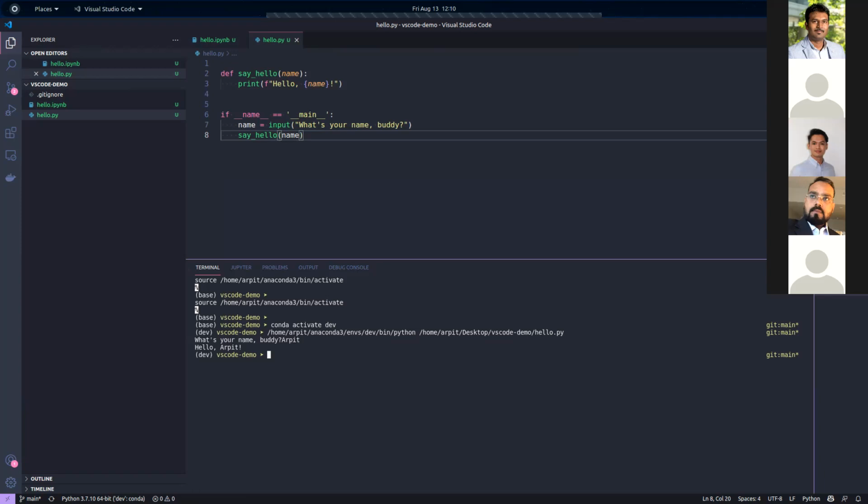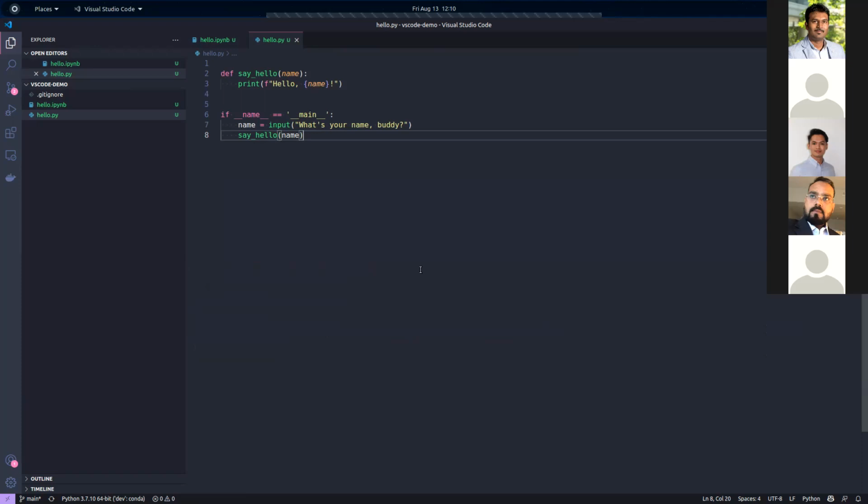Since I'm working with Git over here, I would like to commit this file. Since the changes are pretty good and it's working, I wanted to create a file that would print hello, and it's working now. So I want to commit this file. That's it, right?